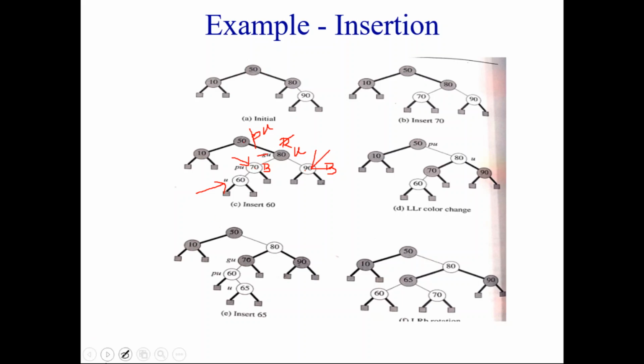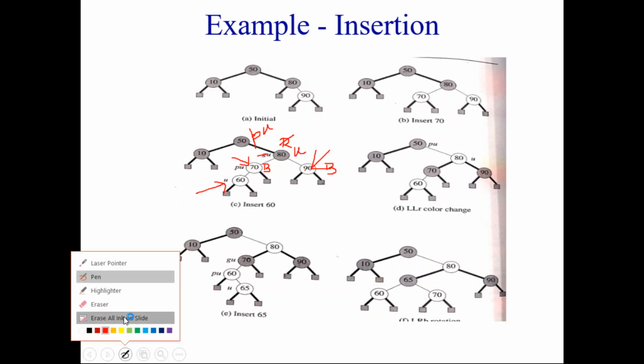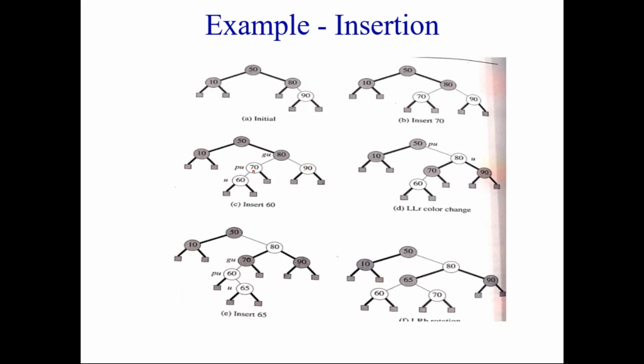See this particular diagram. Don't look at that one, because this is just where we are inserting 60. There is an imbalance here. Both are the same color, and the sibling is red color. So we are changing the color. 70 parent and sibling are made black color, and the grandparent is made red color. Then we are changing the pointer. Now whatever was previously the grandparent has become the new node, and this has become the parent. Then there is no grandparent.